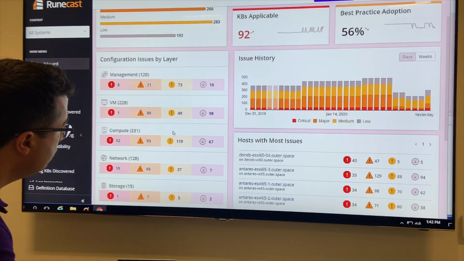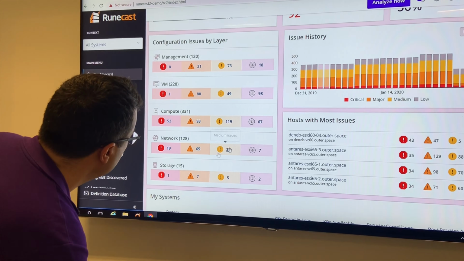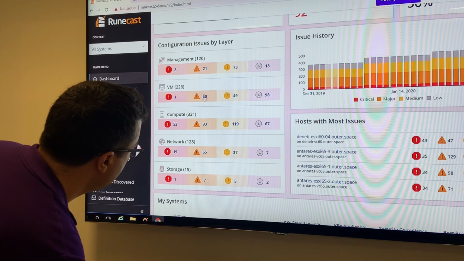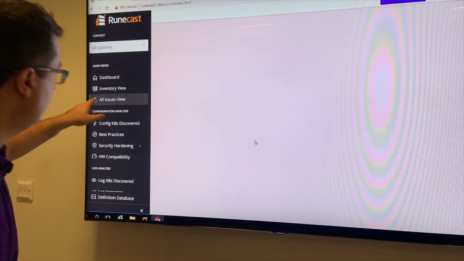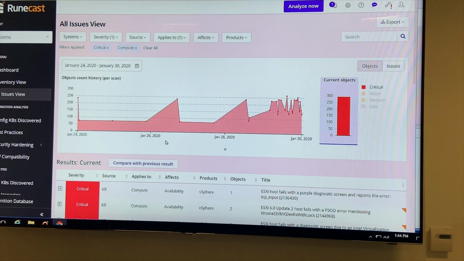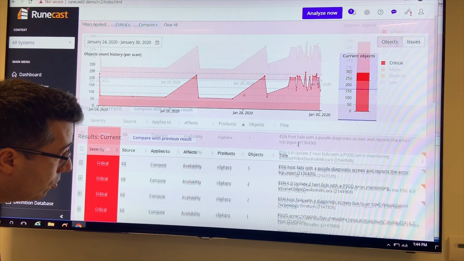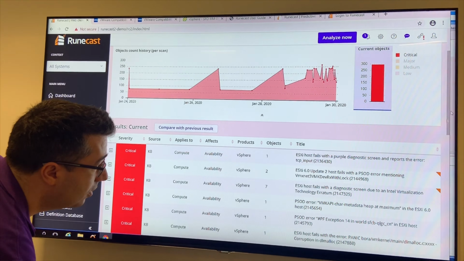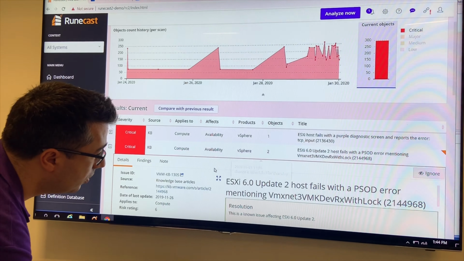Everything is interactive, and we see here the configuration issues split by infrastructure layer. So if we want to look at the 52 critical compute issues, I can simply click on this number, 52. And it will show me the page of all issues that are filtered by critical and compute. It will also show me the historical graph of all these issues that happened within the last week or maybe a year. And underneath is the table where I can dive into the details to see exactly what kind of